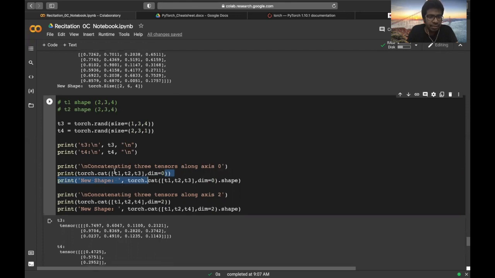While concatenating T1, T2, and T3, the shapes apart from axis 0 should be the same: 3 cross 4, 3 cross 4, and 3 cross 4 for T3. Since you're concatenating along the 0th axis, which is 2 for T1, 2 for T2, and 1 for T3, those are not required to be the same.